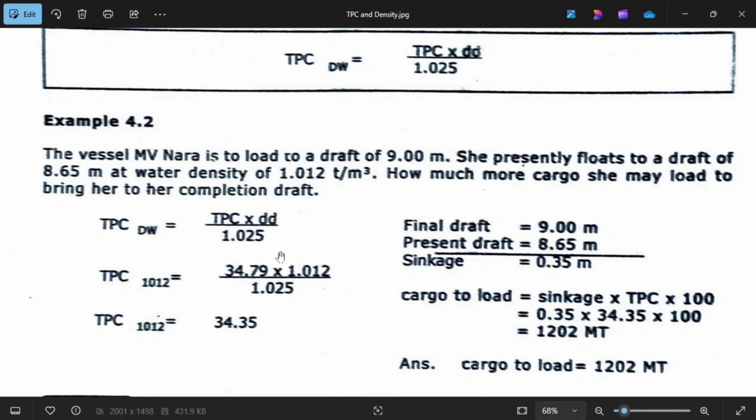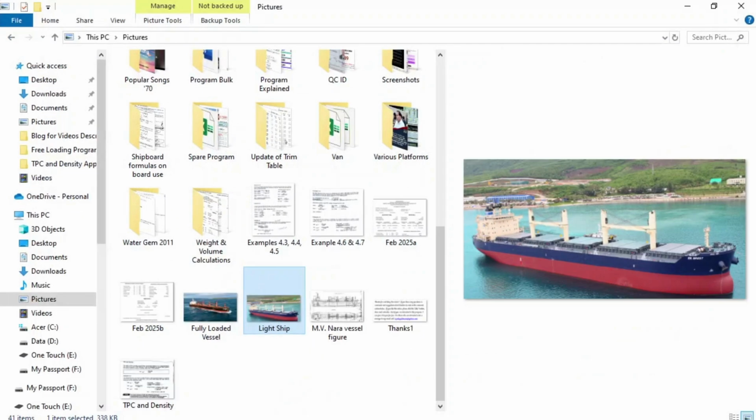When you make your loading plan, you have your maximum draft and your trimming draft. They should have the same density. Okay, I'll show you an example, guys.